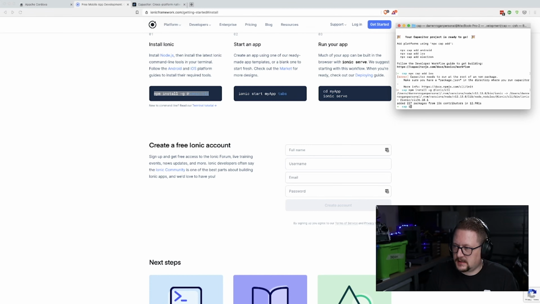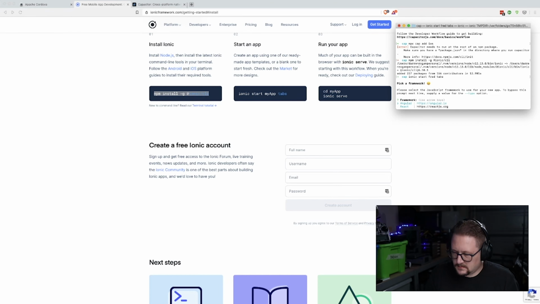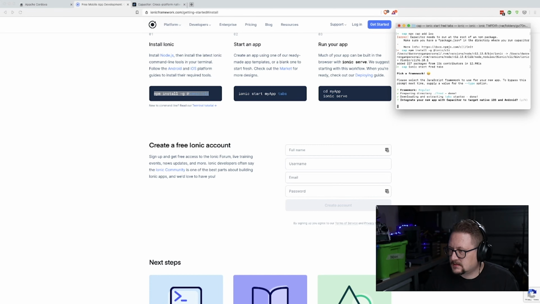Okay, so let's do ionic start. Let's call it Fred as the name of the app, and we'll use the tab starter project as well. Okay, so what would this be? I'm going to do an Angular project. I do know Angular and React, but I prefer Angular. I have some other Angular bits,